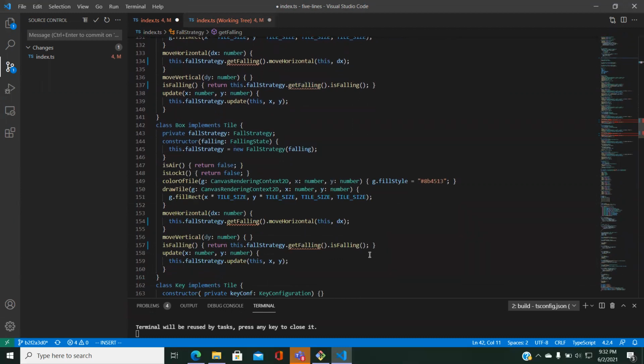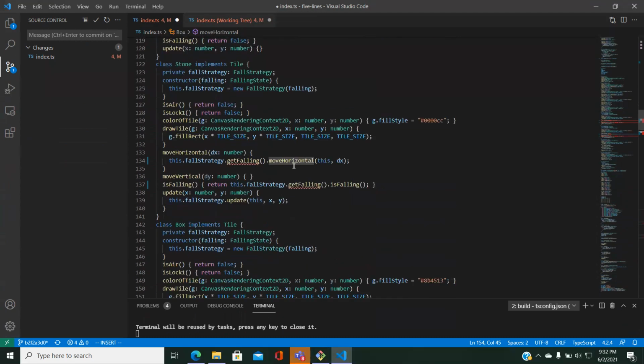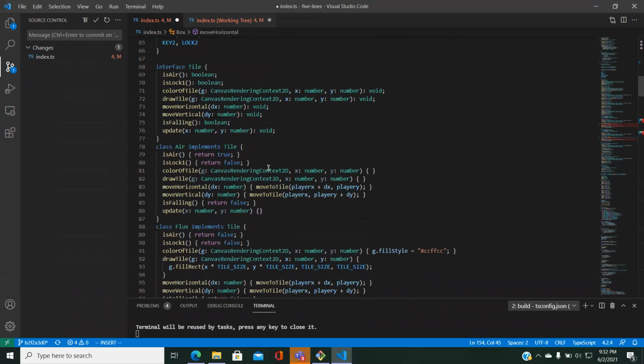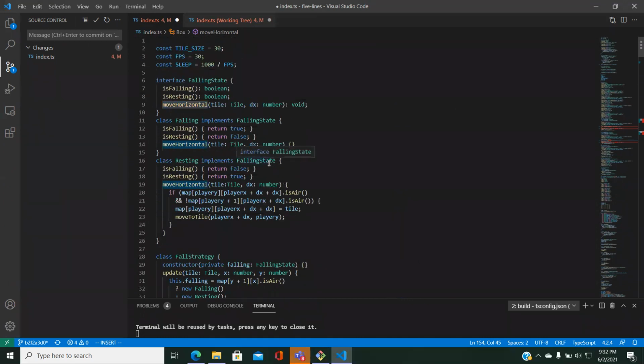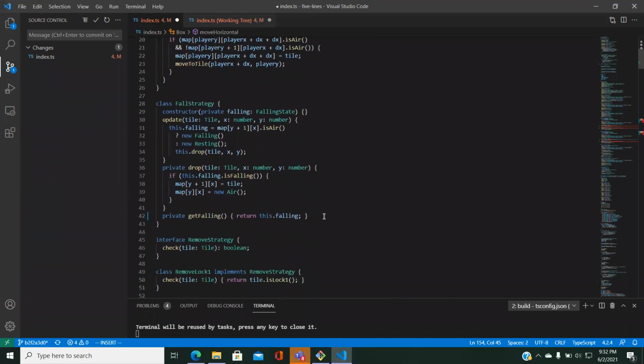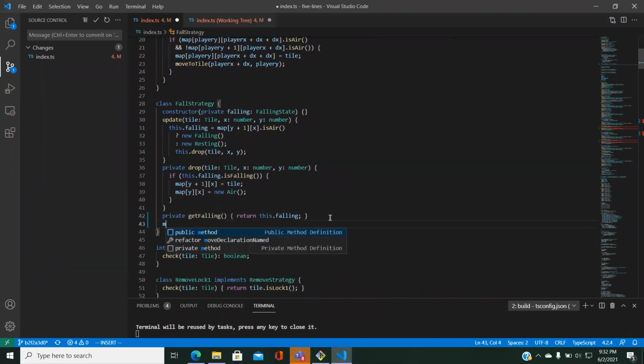So basically what I want to do is I want to just move this move horizontal function into the fall strategy object, right? So where's my fall strategy get falling? So I will add here the move horizontal method